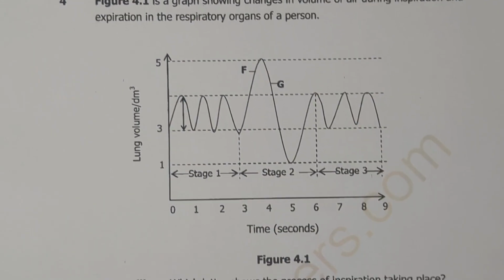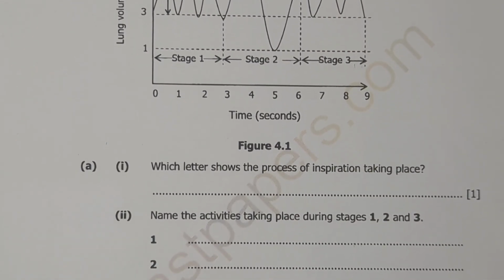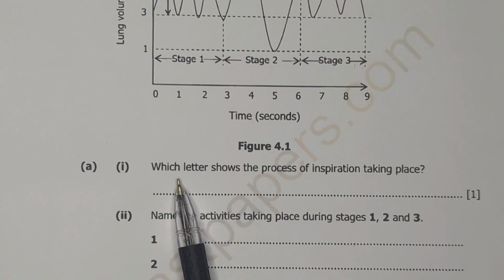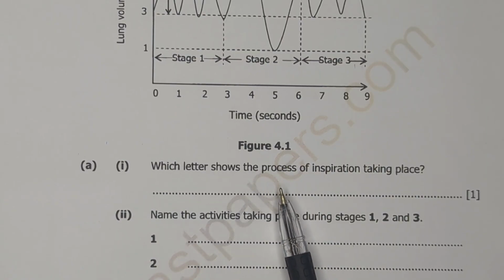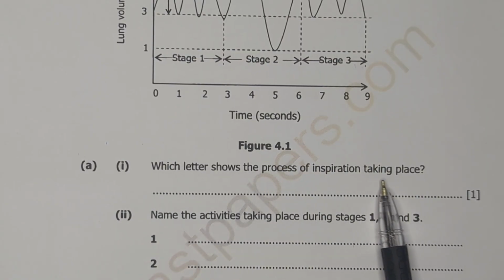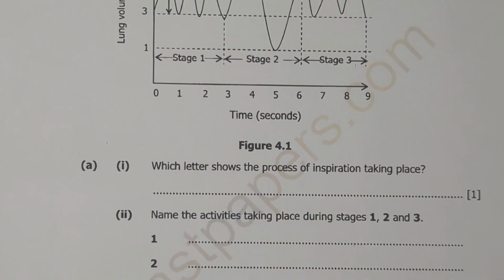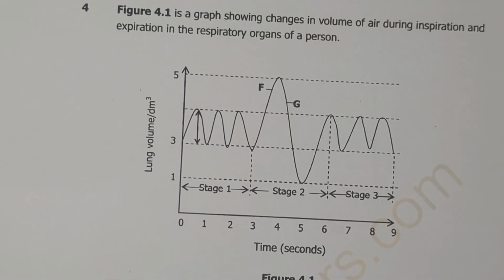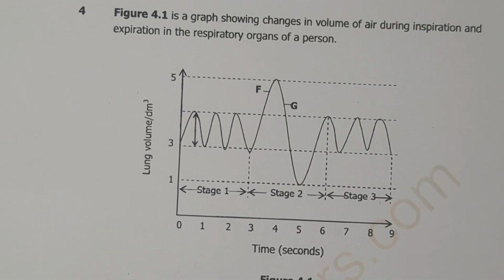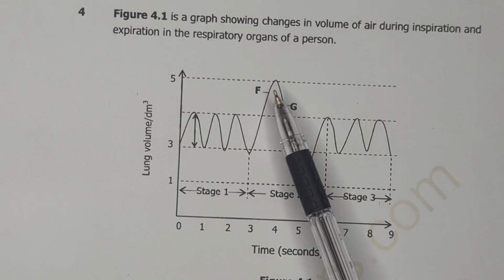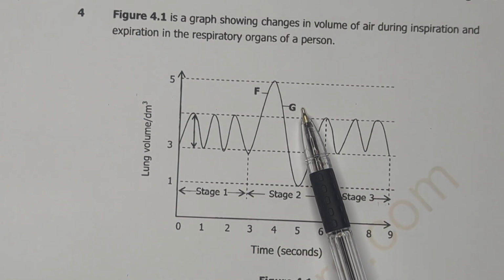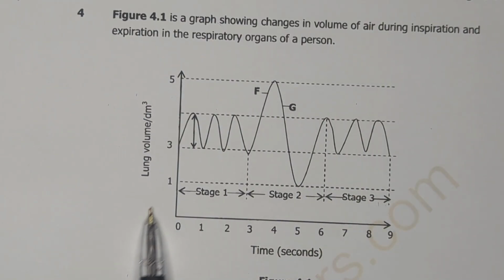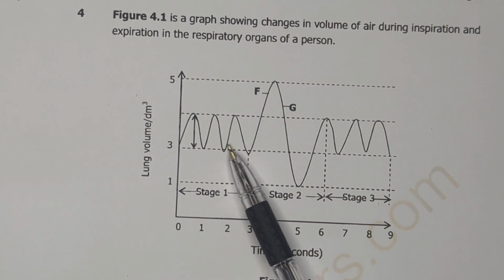Now the first question here, they are saying which letter shows the process of inspiration taking place. So if we check the diagram, we have 2 letters, F and G. And here we've been given the volume. So this graph here, or the curve,